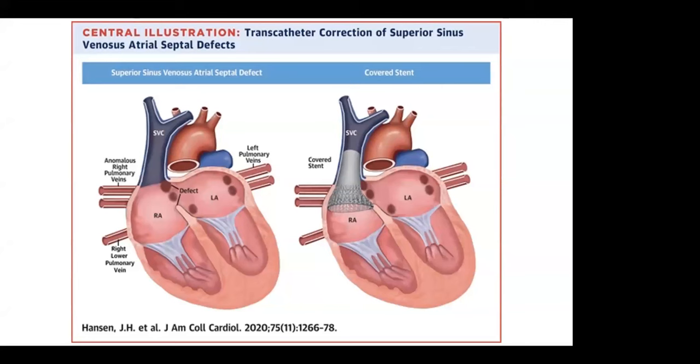This guy in particular, I think the veins that are anomalous are really right at the ostium of the sinus venosus ASD, so I think we'll be okay. Typically, people have talked about it, and we've done it as well, where you go transseptal and put a catheter in the anomalous vein, and then when you put the covered stent in, if you have obstruction, it's a balloon expandable stent, but if you have pulmonary vein obstruction, you can inflate a balloon, and that'll sort of push the back wall out of the covered stent and leave your veins exposed. You need a very large covered stent,